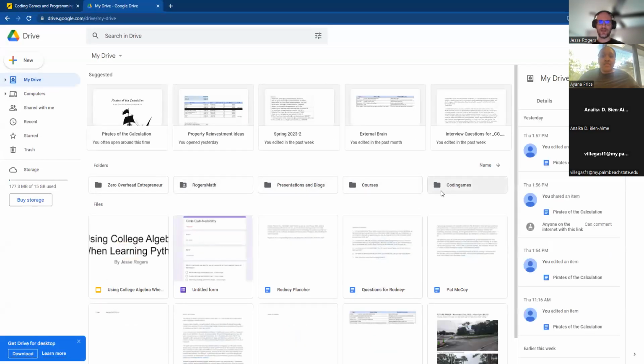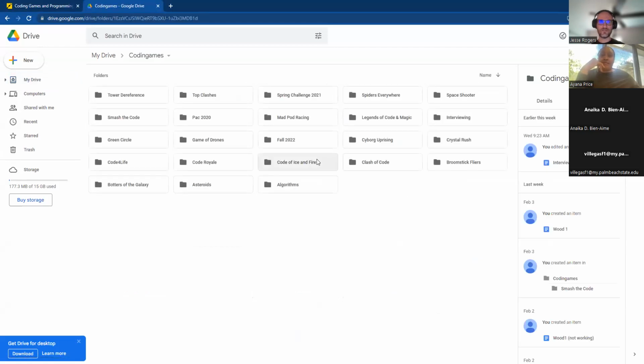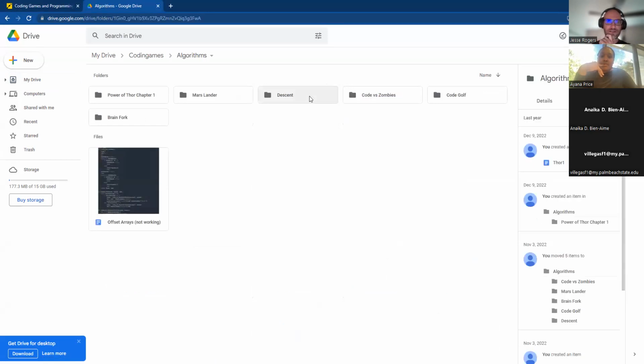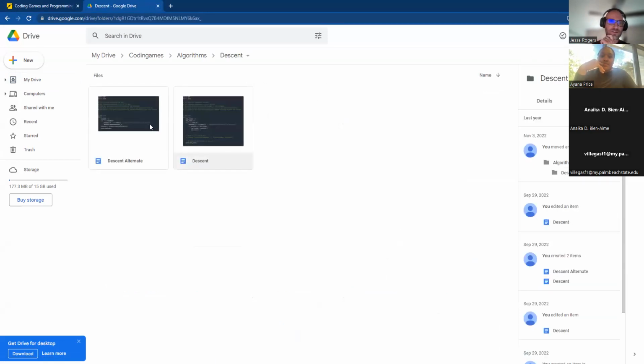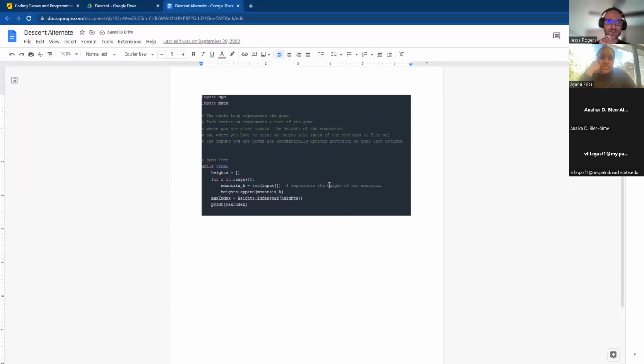Let me see if I can get my descent. Where is my descent? The code for that. I know I saved it somewhere. Oh, yeah, I think it's under here. Descent. Okay. So the first time that I tried to solve this,